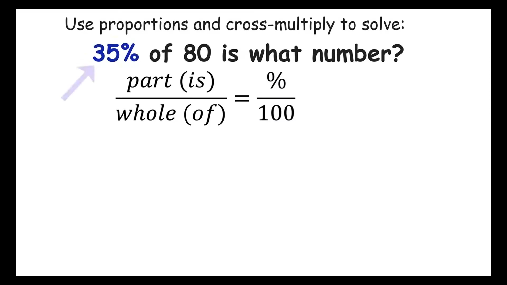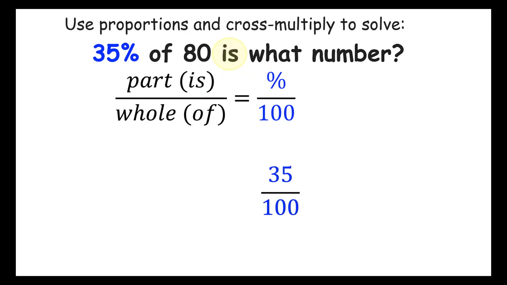First, we write down the generic proportion: is over of equals percent over 100. We always use the percentage to replace the percent over 100 in the proportion. So in this problem, 35% gives us 35 over 100. Next, we examine the problem statement to determine which number is the part, typically associated with the word is, or